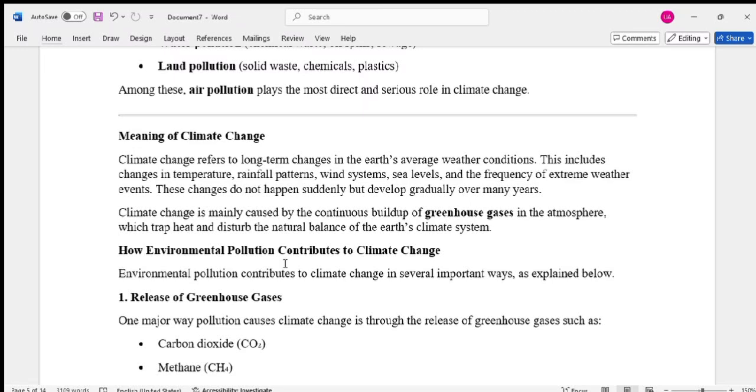So climate change is mainly caused by the continuous build-up of greenhouse gases in the atmosphere, which trap heat and disturb the natural balance of the Earth's climate system. So this greenhouse, please people, you have to understand this greenhouse. If you do not understand greenhouse, you will not understand anything in environmental law. So I am going to try as much as I can